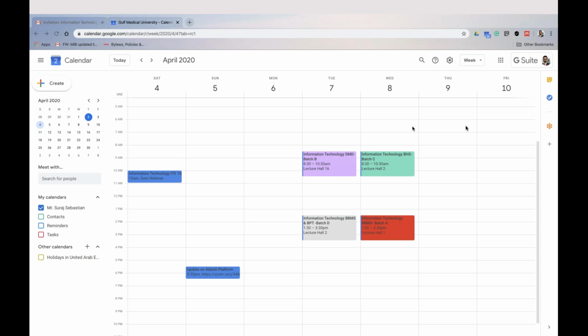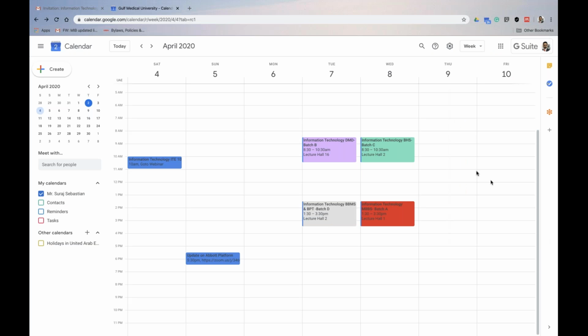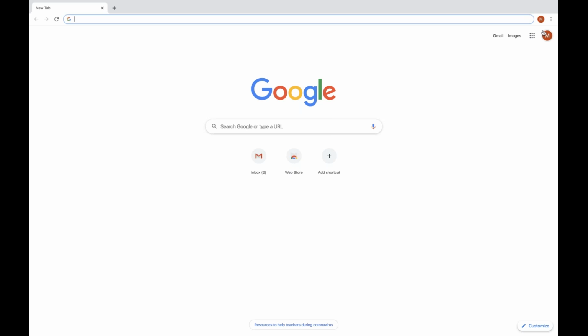So now what I have done is I created a calendar and invited the faculty member. I'm going to talk from the faculty's view. As a faculty, when I come to the calendar, I get to see all the invitations here. There's a difference between inviting someone and making a person a collaborator. When I invite someone, I get to see the event which I have accepted, or the event which I got as an invitation. Now, I'm going to quickly go to the manager view, which I have made as a collaborator, and show you what happens there. So I'm going to open my calendar,